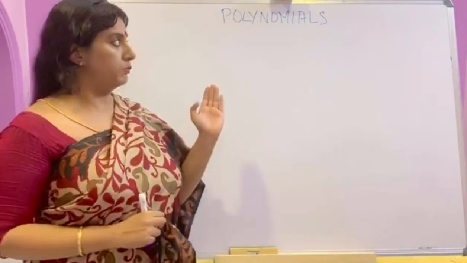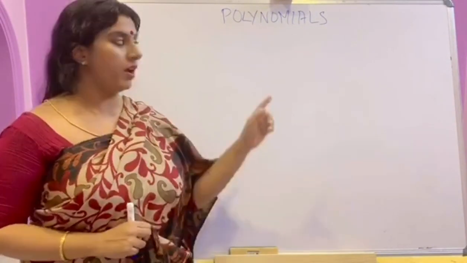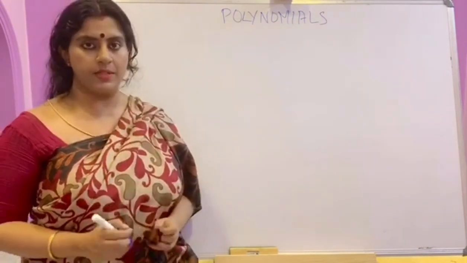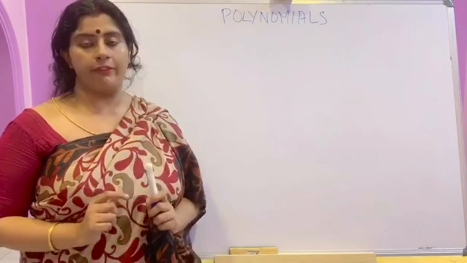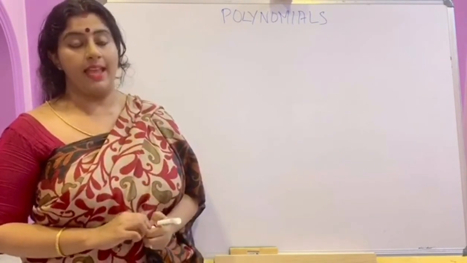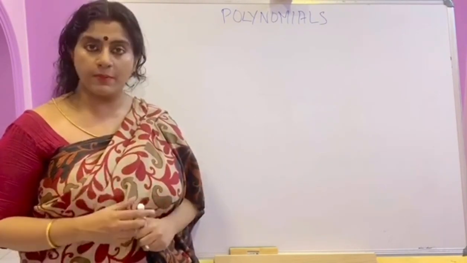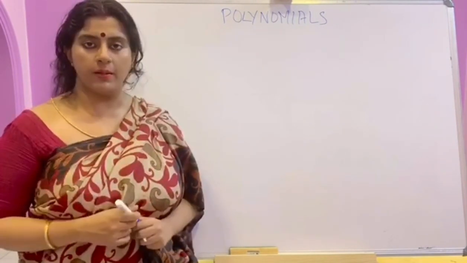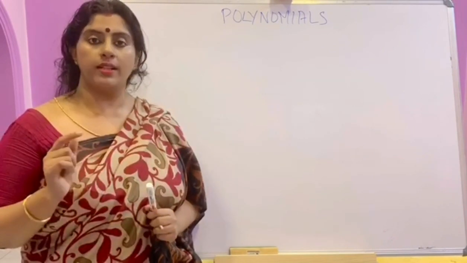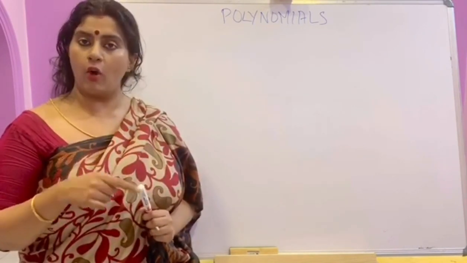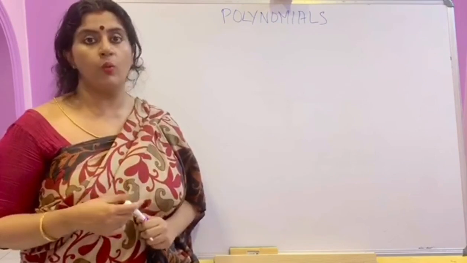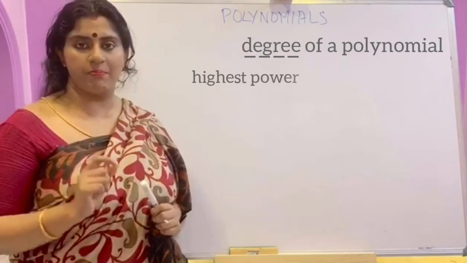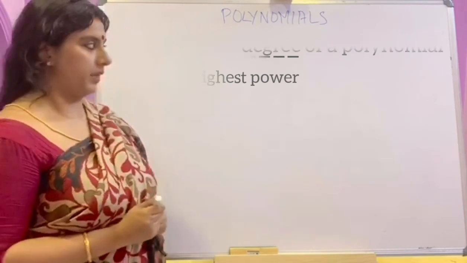Now we will learn more about polynomials. Before, I told you poly means many and nomial means terms, and there is a basic form for polynomials, and also there are different types of polynomials based on degree and number of terms. So you want to know what a degree is. Terms we have already checked. Now we want to look at what is the degree of a polynomial. Degree means the highest power of a given polynomial. I'll show you.